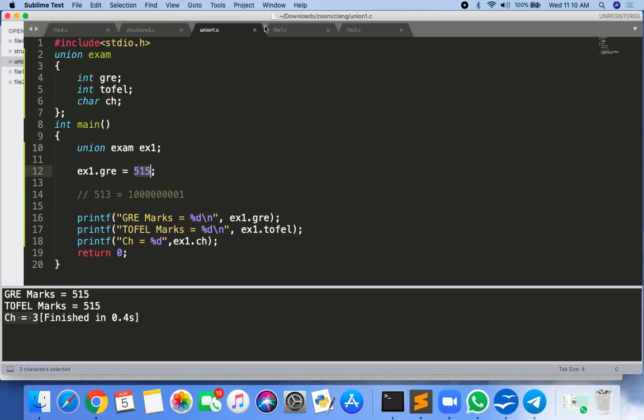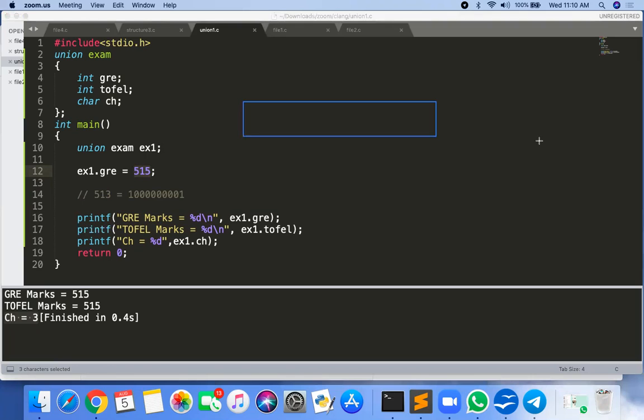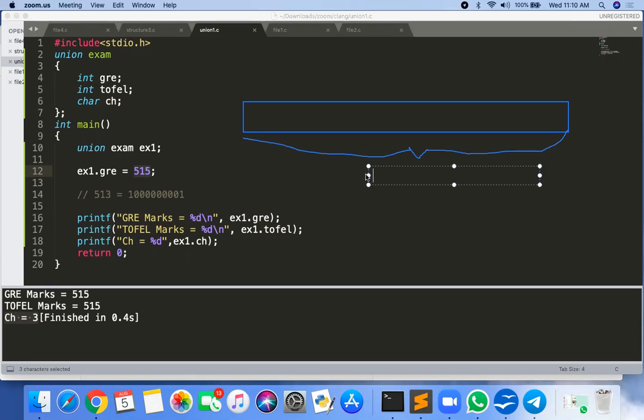And look here. Memory can be broken out like this. This is my whole object. The whole is GRE as well as TOEFL, but the last 1 byte is only CH.